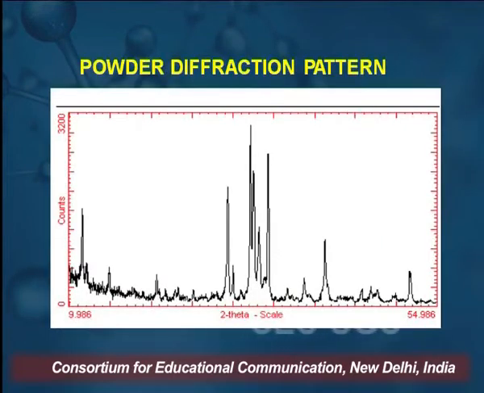Now this is the powder diffraction pattern. When the sample is placed in the sample holder, we can get the output by using this sample. So the powder diffraction pattern gives the various peaks, which give the HKL values of the sample. Moreover, it can define the planes of the sample. So by using the diffraction pattern, we can get the crystal structure of the material.